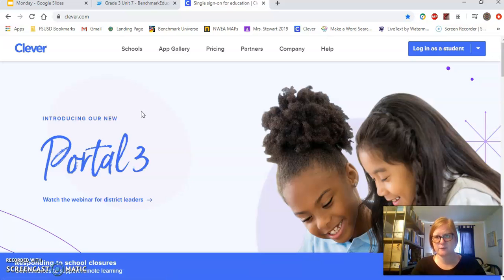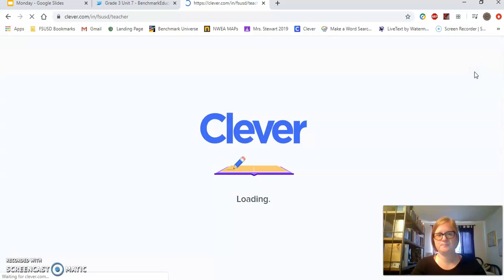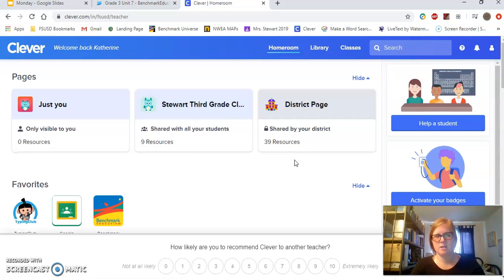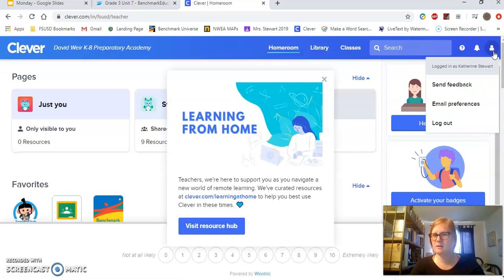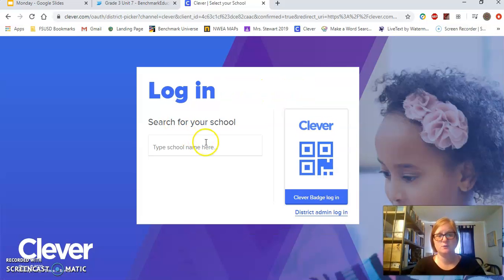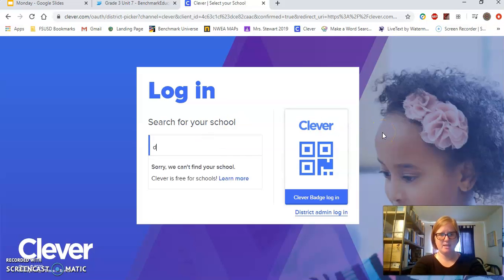And if I'm going too fast at all for you, feel free to pause and slow down so that way you can follow along. You're going to log in. I need to log in as a teacher. Now mine just opened up. Okay, so let me go back, log out. Now it's going to say Fairfield Suisun Unified School District. If this does not say Fairfield Suisun Unified School District, then you're going to need to search for the school. Okay, so you're going to type David Weir,